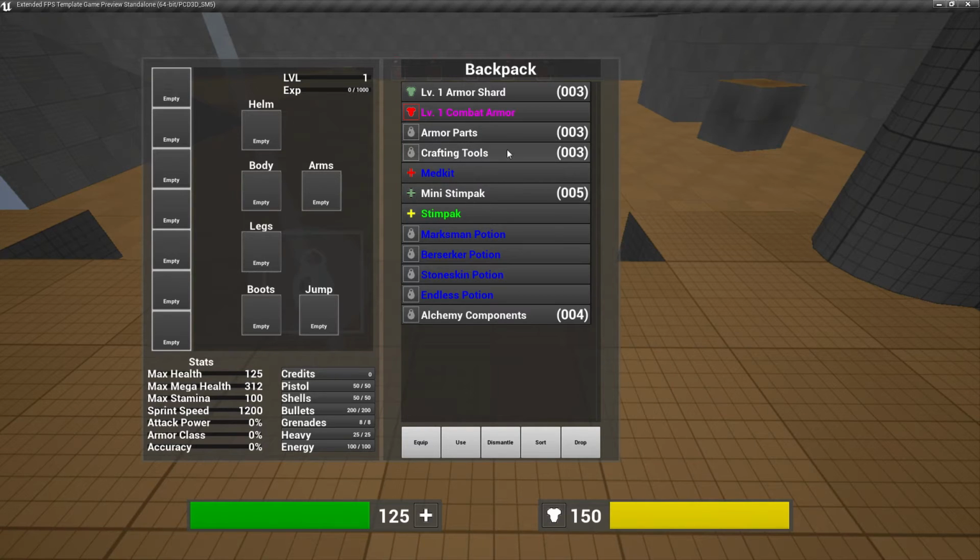and make sure that I have crafting. Yes, so I have crafting tools. I can craft other potions and stuff like that if I find a crafting station in one of the maps, or I go back to whatever my home base is, where I'm able to actually do crafting and talk to NPCs and buy things from them using credits. So